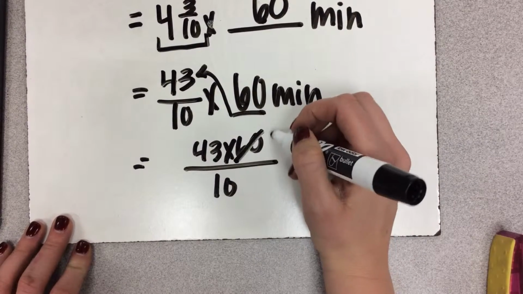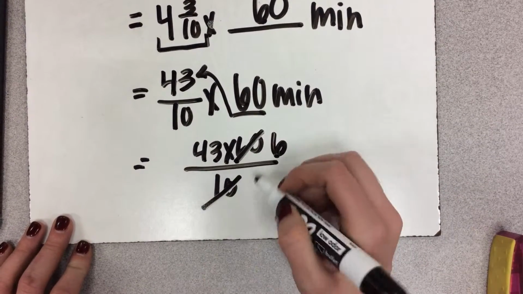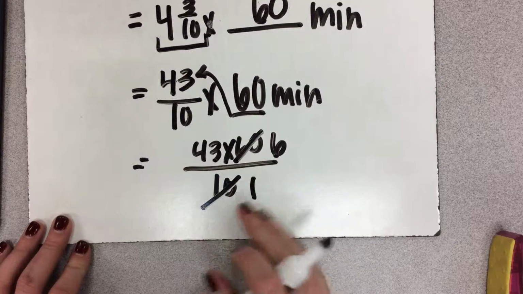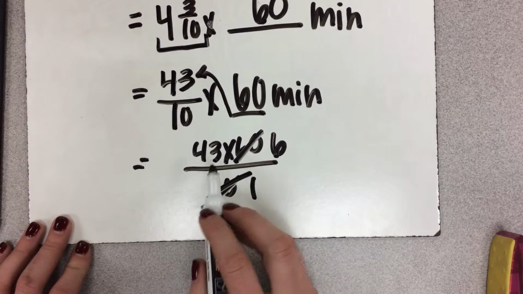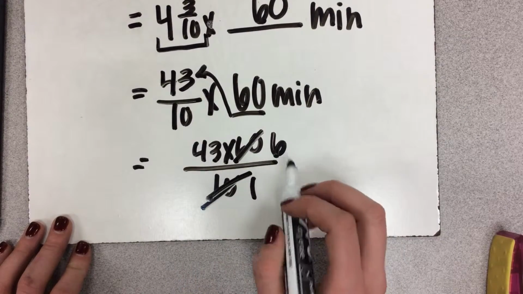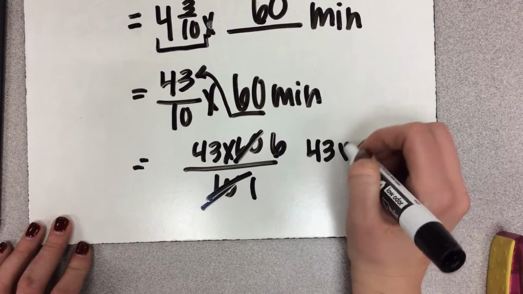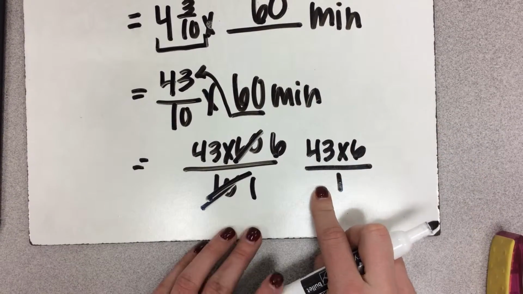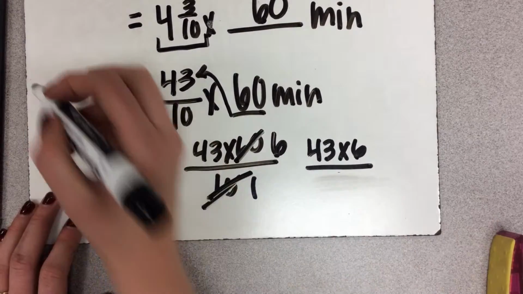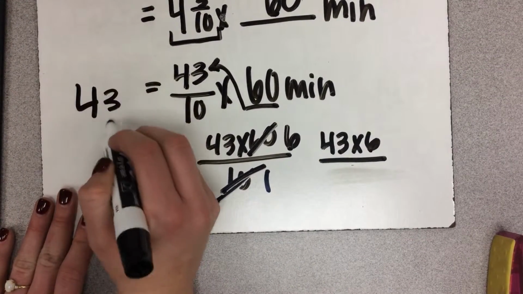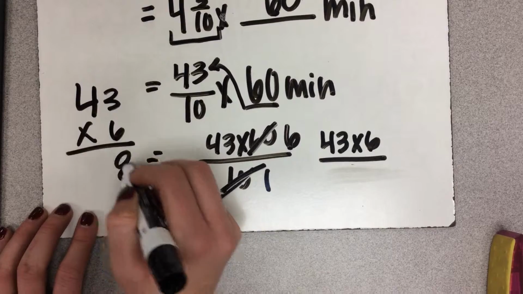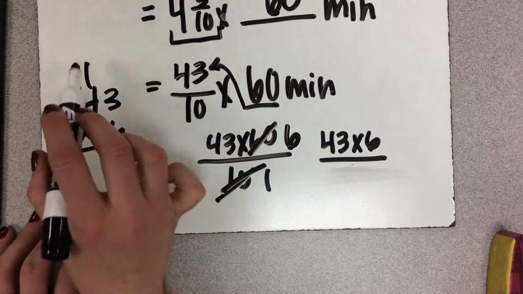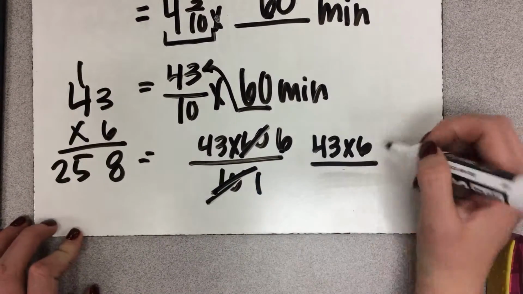60 divided by 10 is just 6. 10 divided by 10 is 1, or essentially just canceled out. So now I have 43 times 6 over 1. And if we're dividing anything by 1, it's just going to equal itself. So I'm just going to get rid of that and do 43 times 6. 6 times 3 is 18. 6 times 4 is 24, plus 1 is 25. So I got